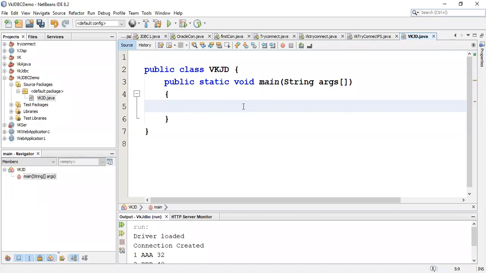Now for that, before that, let me show you what I have created. Before going to this, what I have done is I had taken Oracle. Anyways, I will not show you that. I will just tell you orally. I have taken SQL and I have created a table there, employee. Better show you that.